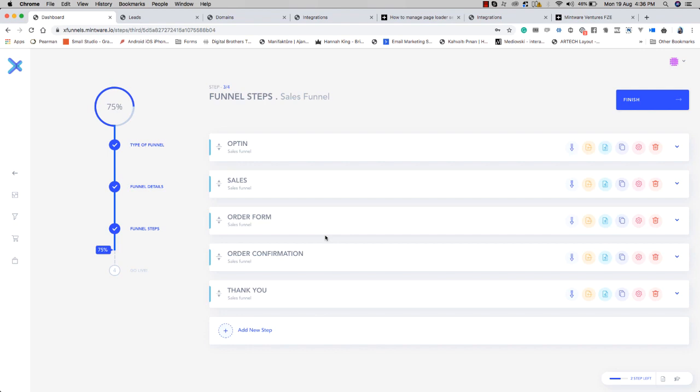Now, one of the most interesting features I'm going to show you right now is adding a step or creating a downsell. So what is a downsell? I'm sure most people know about it, but for those who don't, let me explain. Let's say I'm selling a cell phone, like the XS, and if it is expensive for my user, or they don't like the size of the XS,